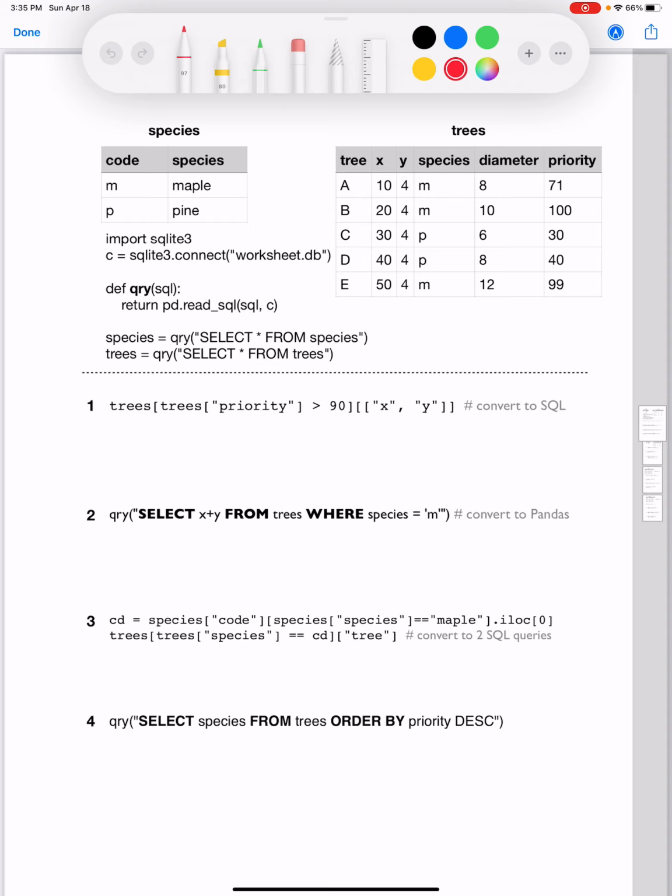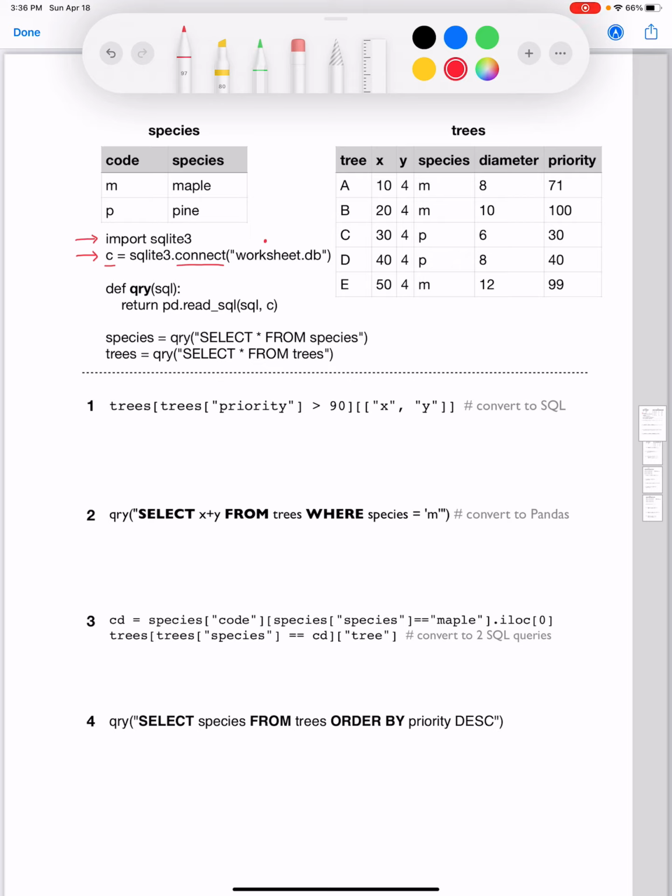Let me briefly talk about the code snippet. Line number 1 is importing the SQLite 3 module. Recall that we have been using the SQLite 3 module to process database files. The first step that you need to go through is to establish a connection to the database file. Recall that the connect function as part of the SQLite 3 module enables you to do that. You're going to pass as argument the relative path to the database file, which is going to be worksheet.db in this particular example. The return value from the connect function is going to be a connection object instance reference, which I'm capturing into the variable C.